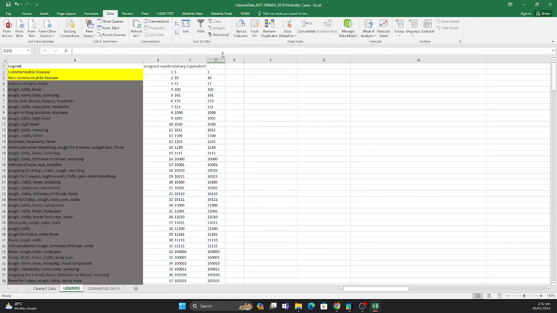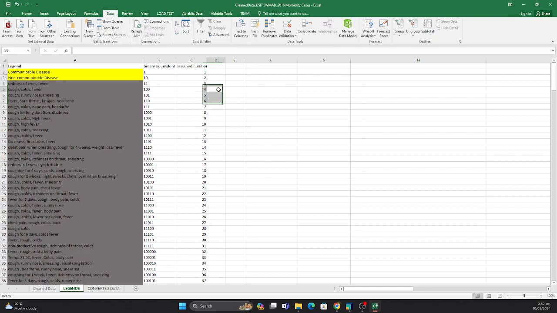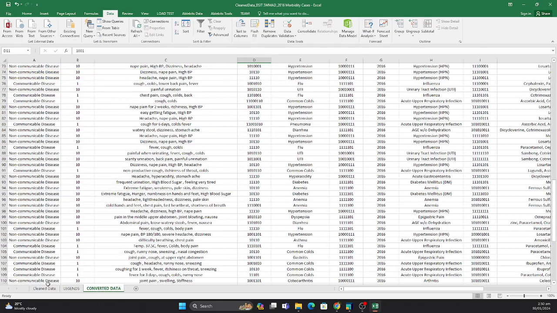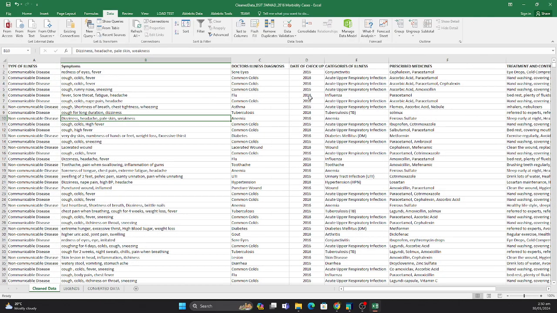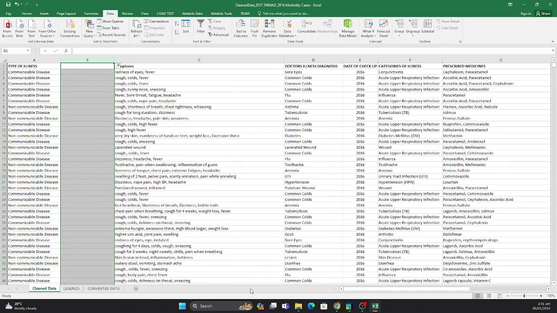Once all that is done, what we need to do is add a binary equivalent column for each existing column except for the date.